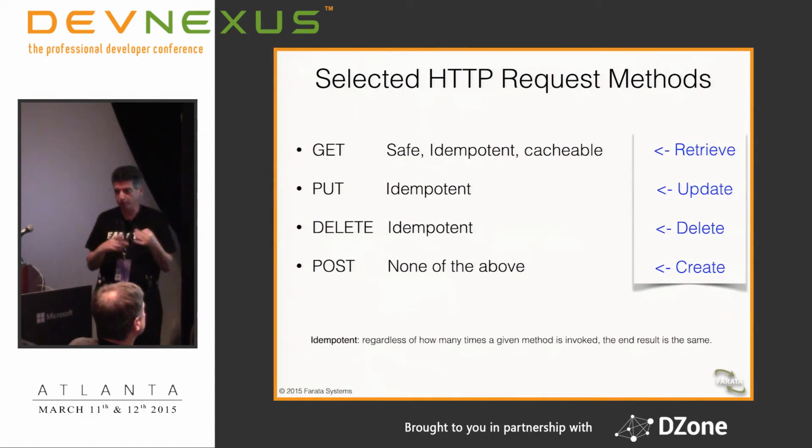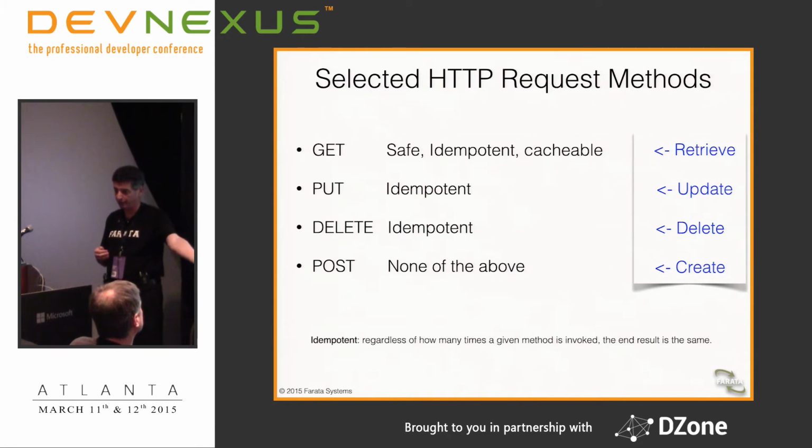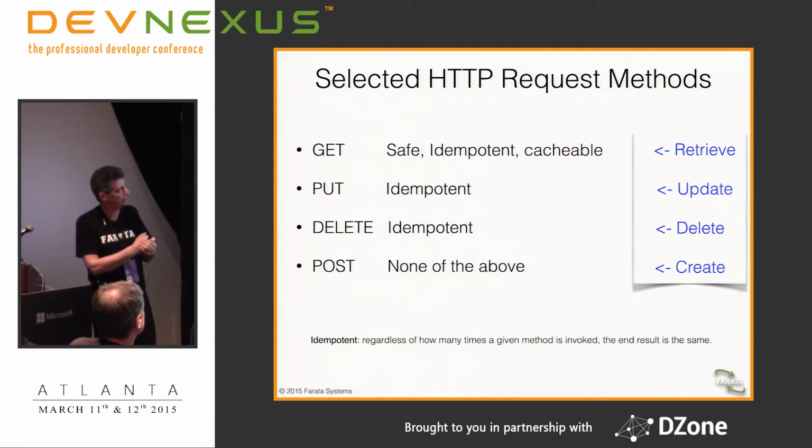Safe is understandable. You cannot hurt the server no matter how many times you run get. Idempotent is a term that means no matter how many times you run this particular operation, it'll always return the same results. So we can say get is idempotent. If I want to get a resource, say my resume, with this ID, it's only my resume, no matter how many times you do this, right? Cacheable is clear, so the browser can cache.